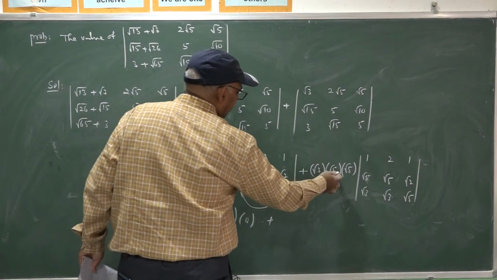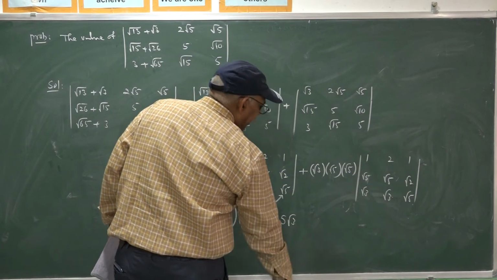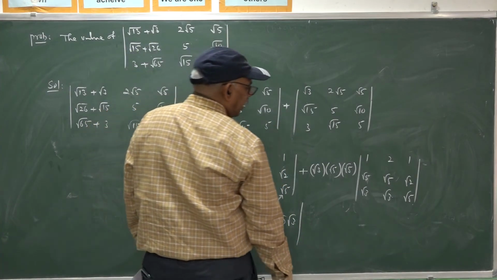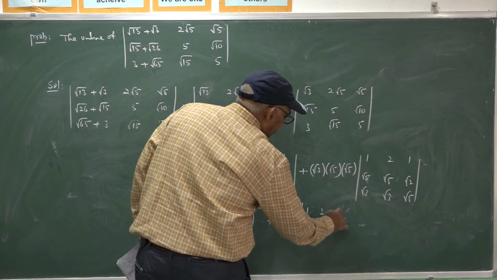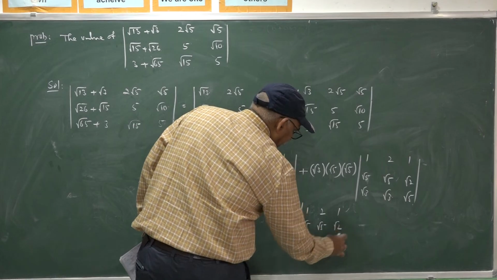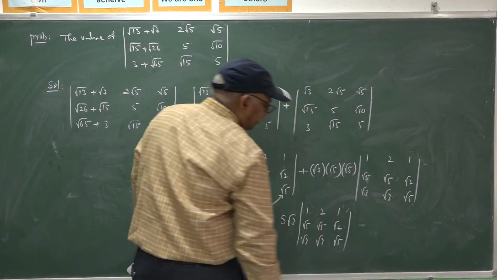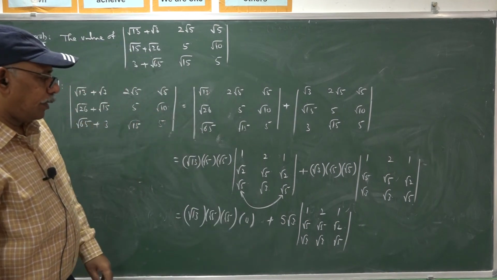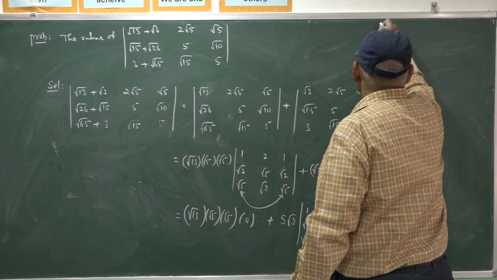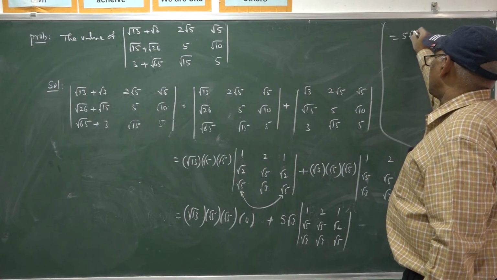Now, this is root 5 into root 5, 5 root 3, into, now we will evaluate this determinant: 1, 2, 1, root 5, root 5, root 2 and root 3, root 3, root 5. Now, by row operations or column operations, you can evaluate this determinant. That is equal to 5 root 3 into,